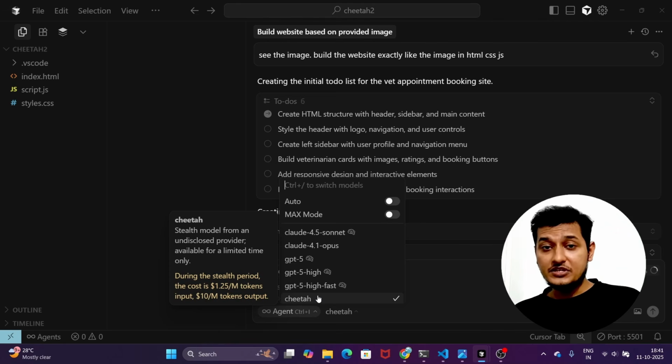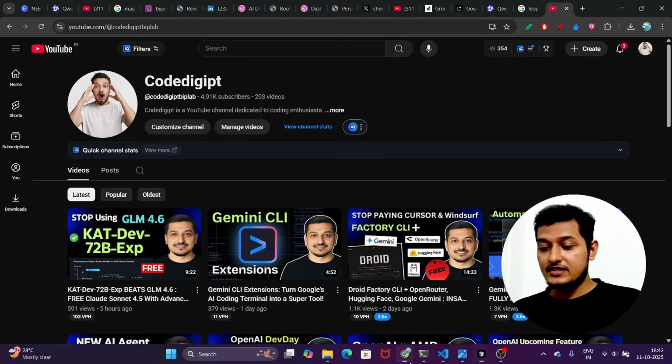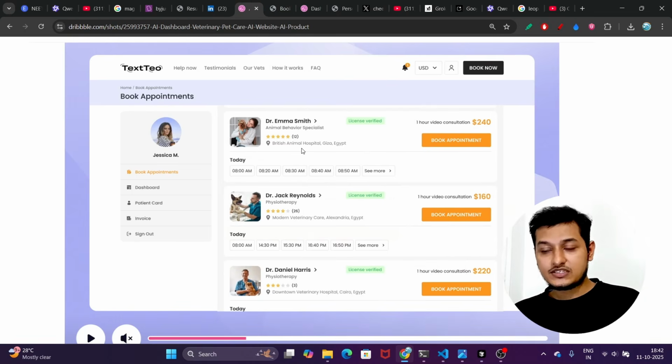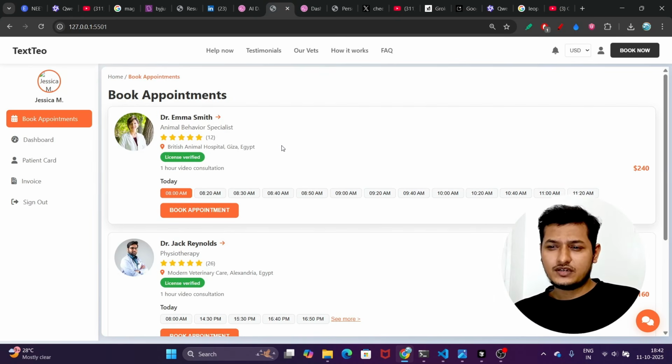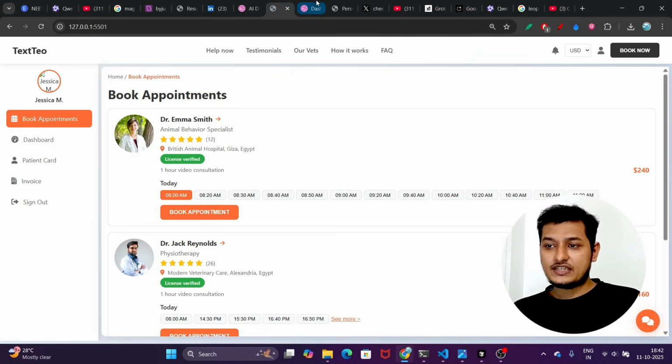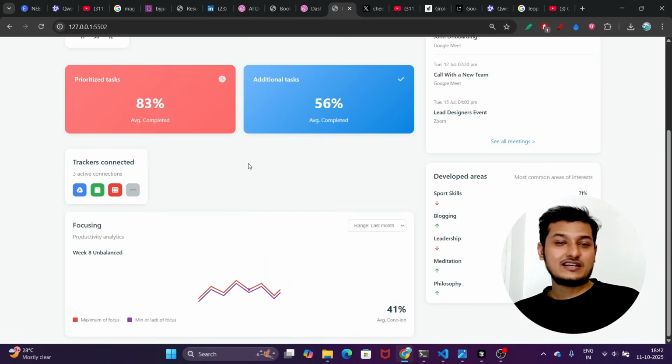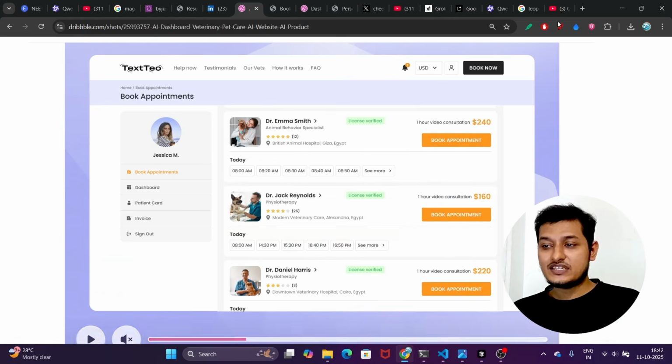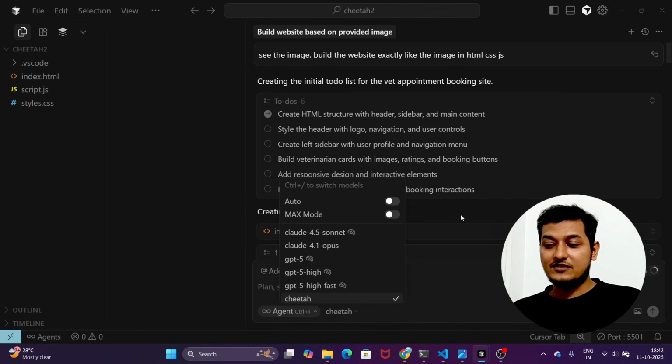But in case of image reading, suppose you have given one design as an image, then in that case you may not get good output, because here you see, in case of this design I got almost the same output. Okay, almost the same, but in case of this design I have not got that kind of good design. So in case of image reading you may not get that much quality output. And what you can do is give the requirement as text in the form of a prompt. Okay,